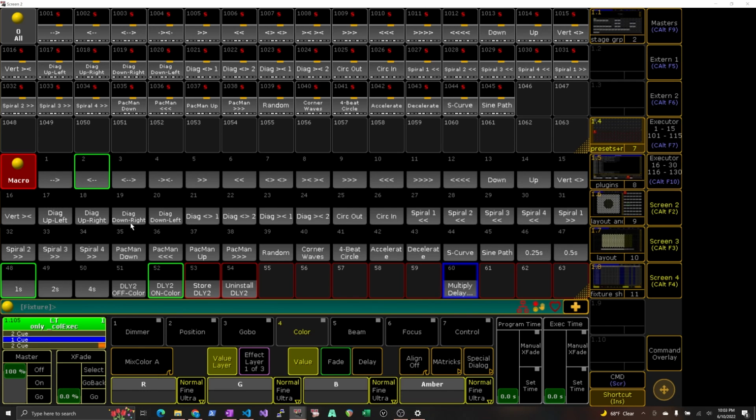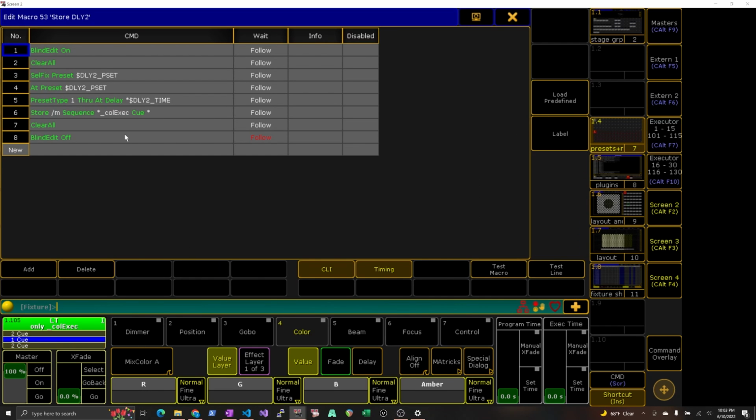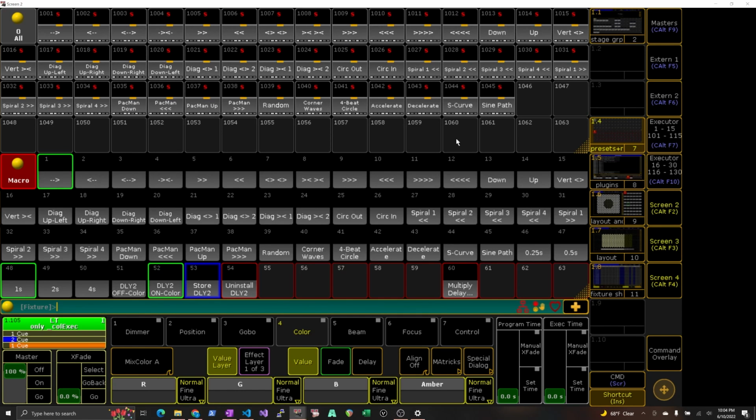So that is exactly what these plugins are doing. The ones that select direction are setting a variable telling which preset to look at, and the ones that specify time set a variable saying how much time. And then when we get into the macro that executes it, it grabs the fixtures for that preset, puts them at that preset for timing, and then multiplies that by the amount of time that we wanted before storing them wherever we were aiming for. So it takes up so much less space than the last delay plugin,